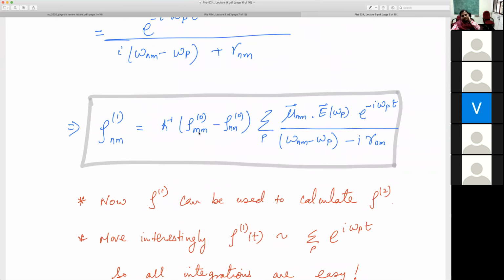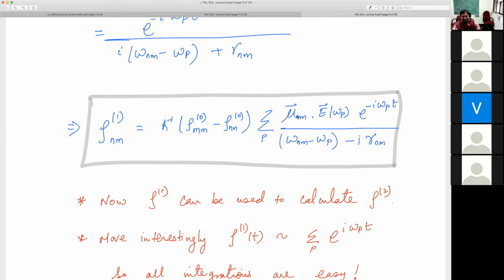So the first order density matrix can be written in terms of the population difference times mu nm, the dipole matrix element. And that is why light matter interaction is dictated in this length gauge by this dipole matrix element. So you will see this word dipole matrix element a lot of times wherever you read optics related papers. This is what controls the material related properties. This is where the symmetry of the wave function, transitions, selection rules, etc., will come into play. So this will become 0 for specific choices of orbitals, etc.